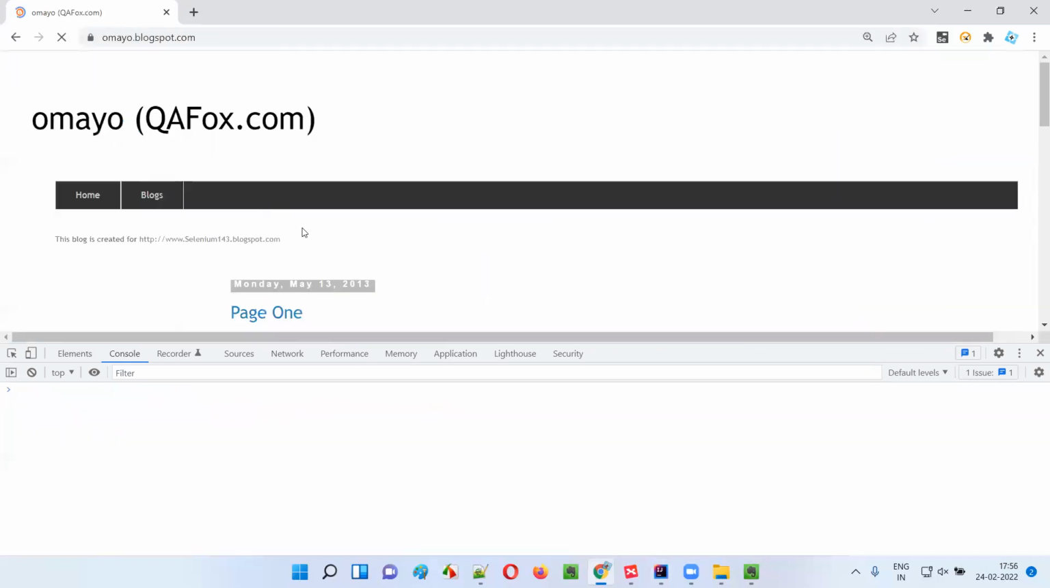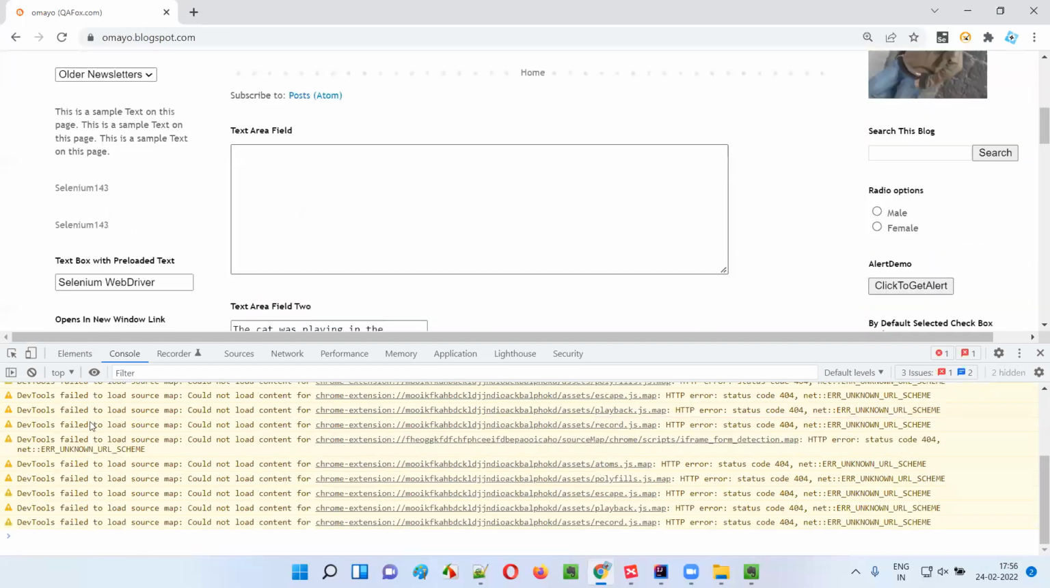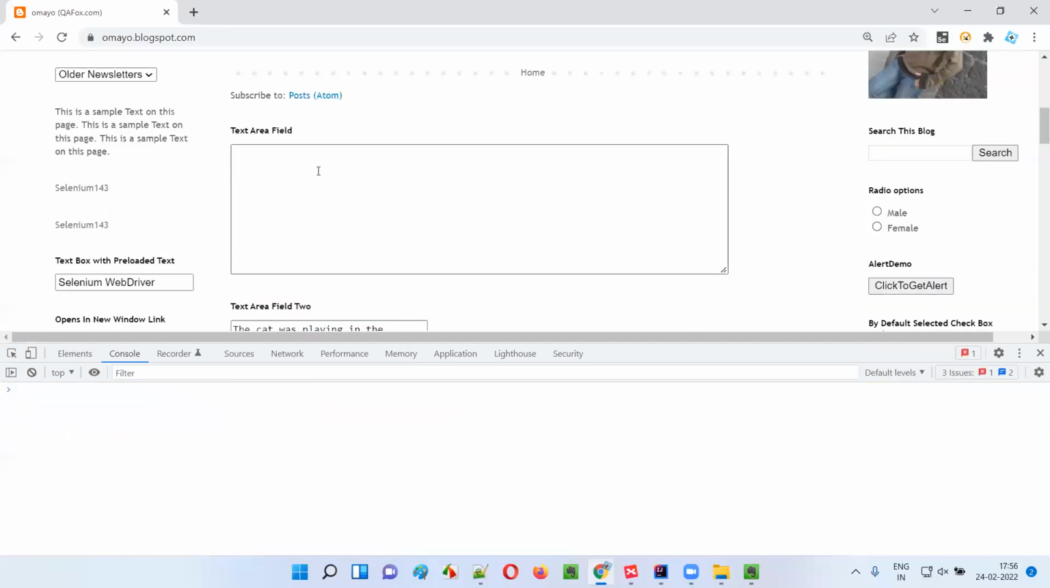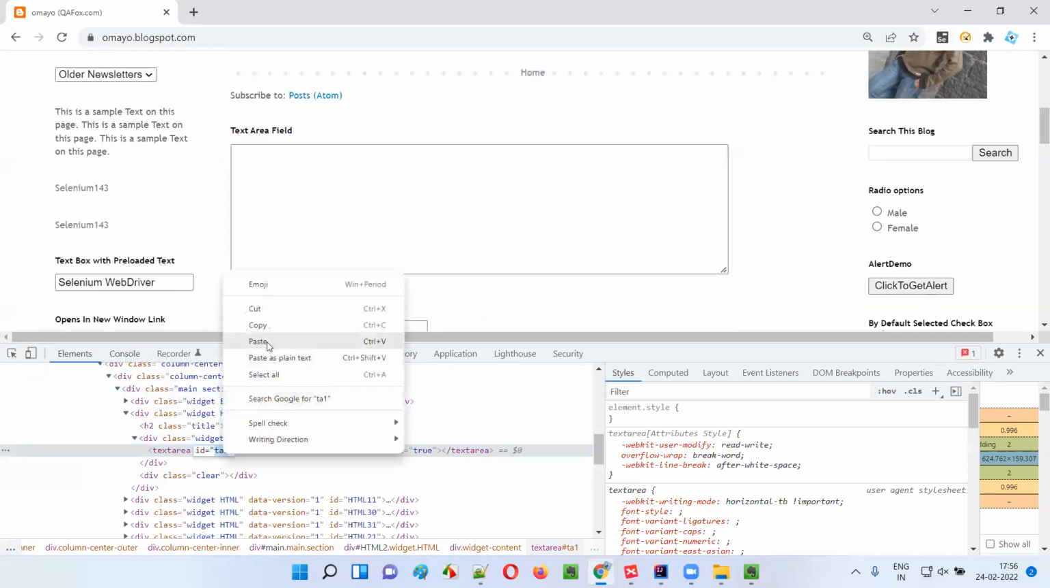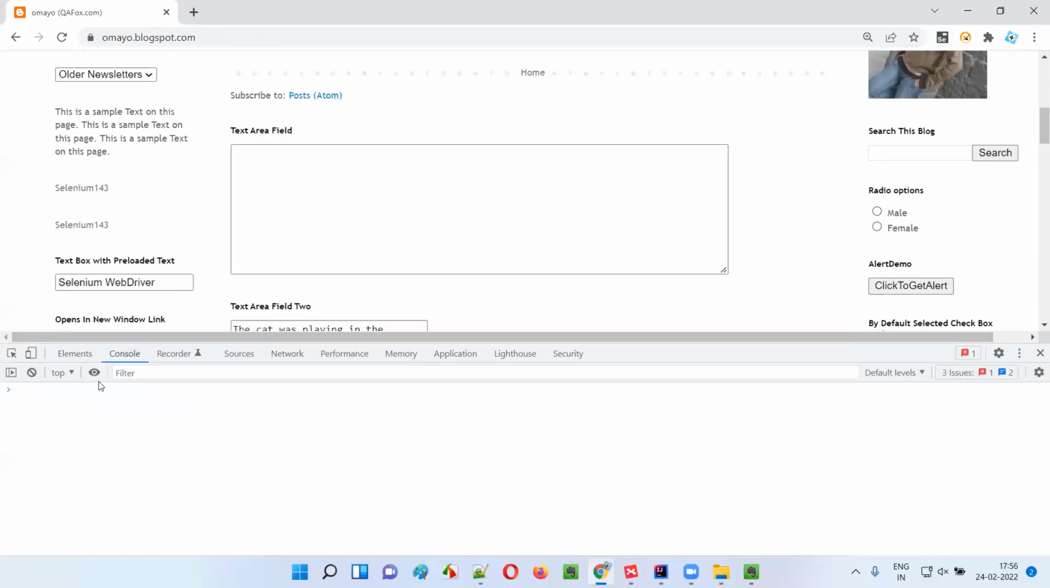For example, here in the ome.blogspot.com also there is a text area field available. I want to enter some text, my name, into the text area field. What I will do, first I need to inspect this text area field. It has an ID. Copy this ID. Come back here and say